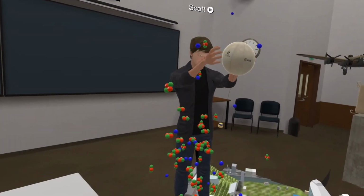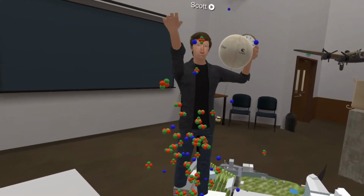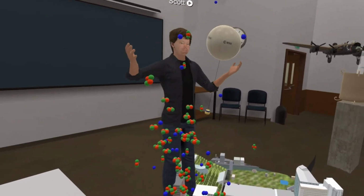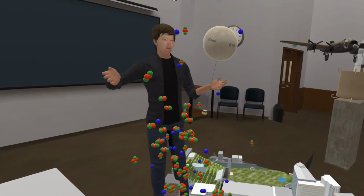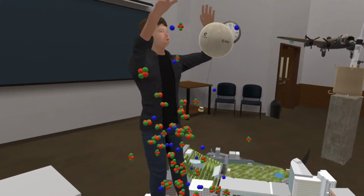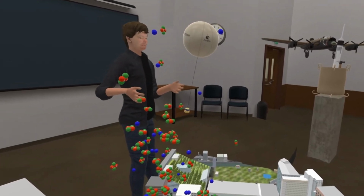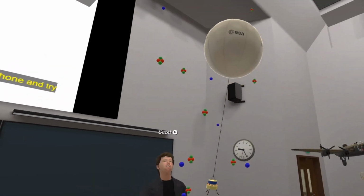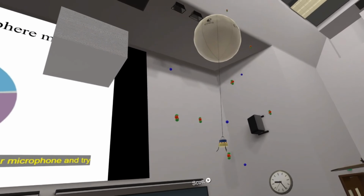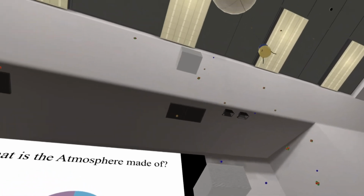Let's look at the balloon itself, okay? There are fewer particles up in the air, which means the space between the particles is a vacuum. Now, nature always wants to fill a vacuum. So all the particles inside this balloon want to try and fill in the spaces out there. So what do you imagine the balloon's going to do? As the balloon goes up in the atmosphere, the helium inside the balloon wants to try and fill in these blanks. So as it goes up, the balloon actually gets bigger and bigger,